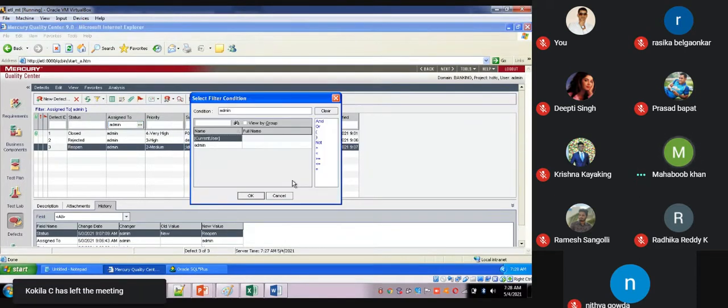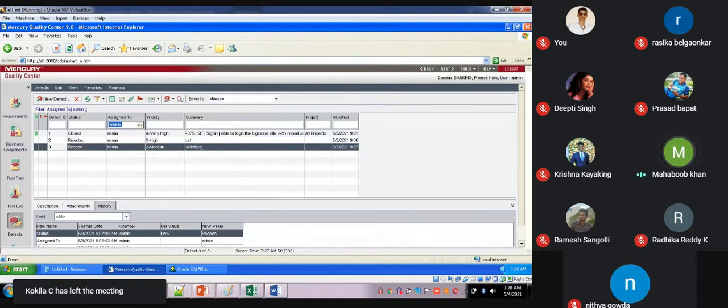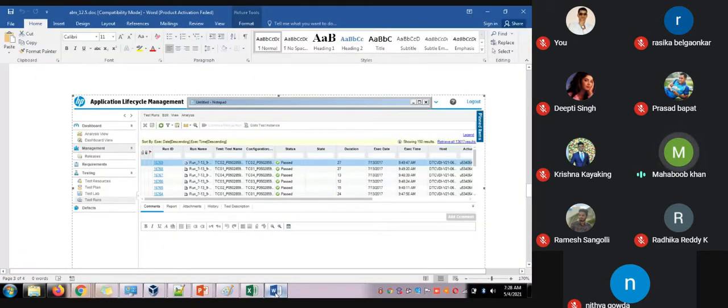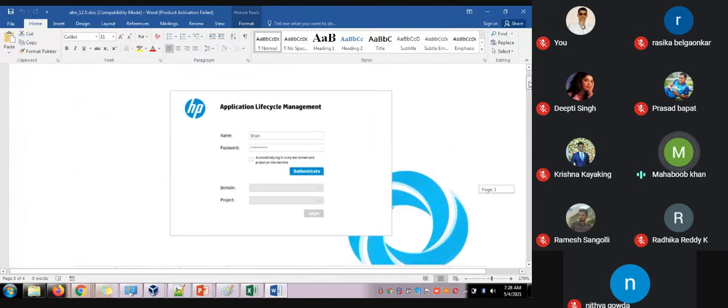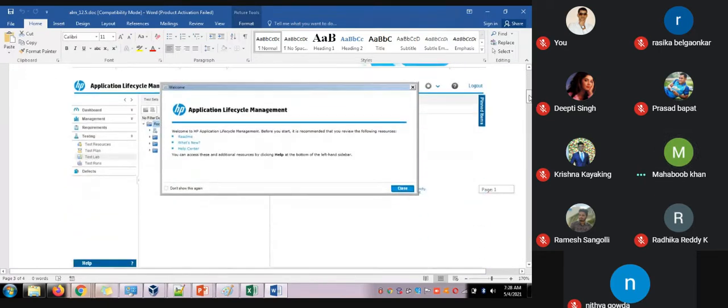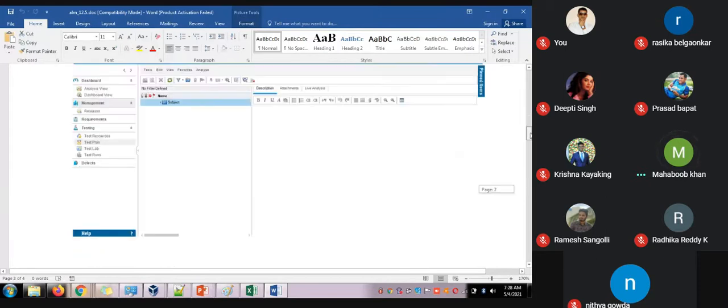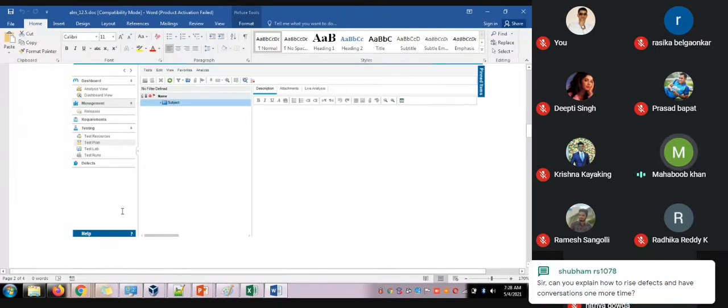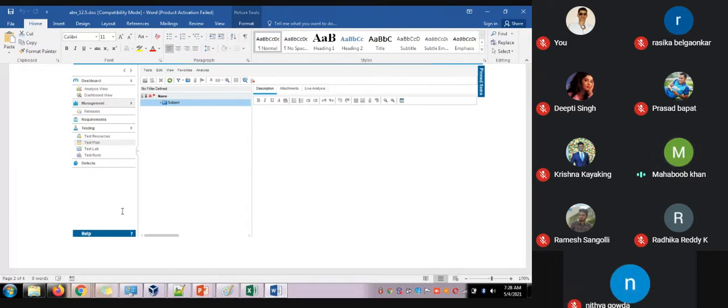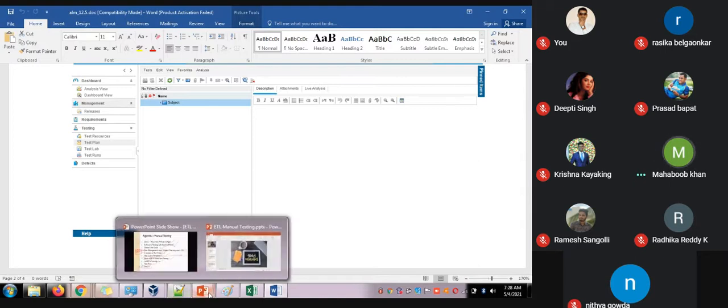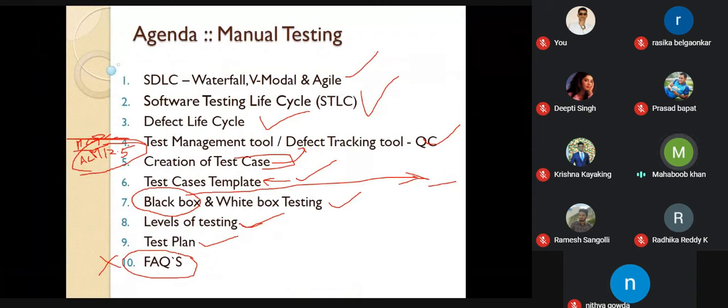That is the advantage that this Quality Center has. Any questions here, folks, on 12.5? Now you have become familiar with the latest version, 12.5. The same things we did in yesterday's session apply here in the latest 12.5 version. 12.54 is the latest version. There also it looks the same as we saw in yesterday's topic, the HP Quality Center from Mercury. So let us move on, as we have completed this. Let us go and see some of the FAQs.